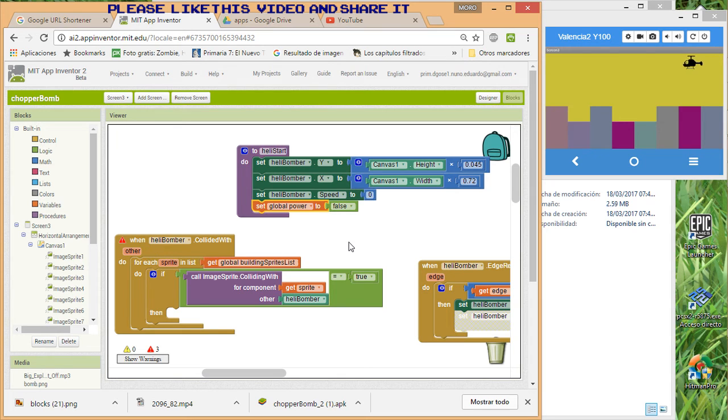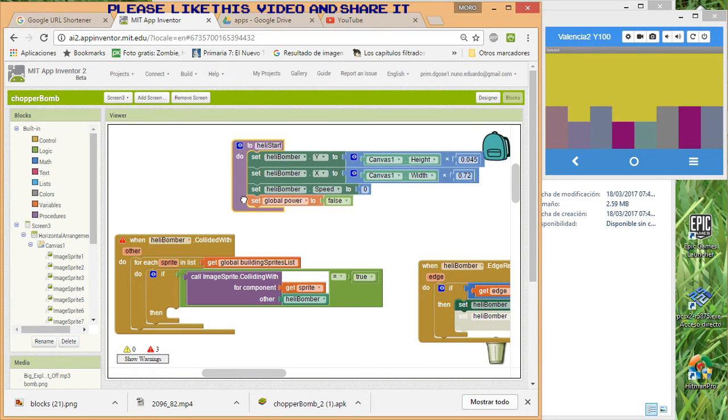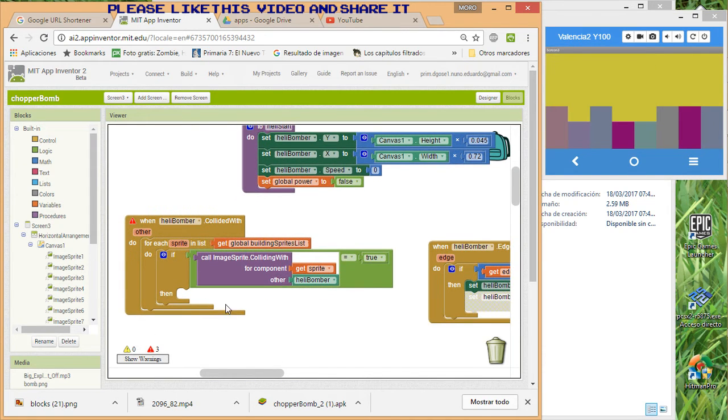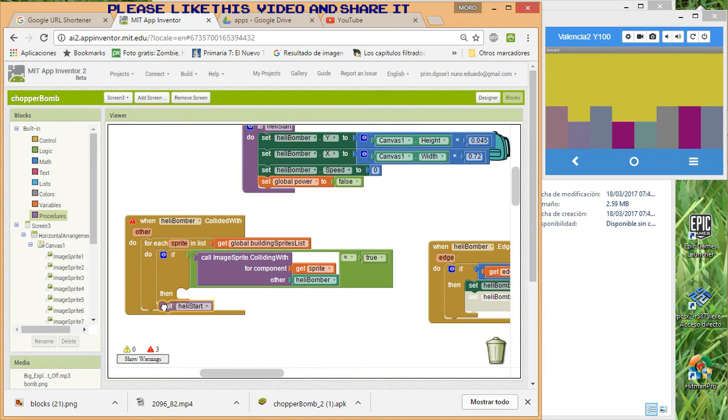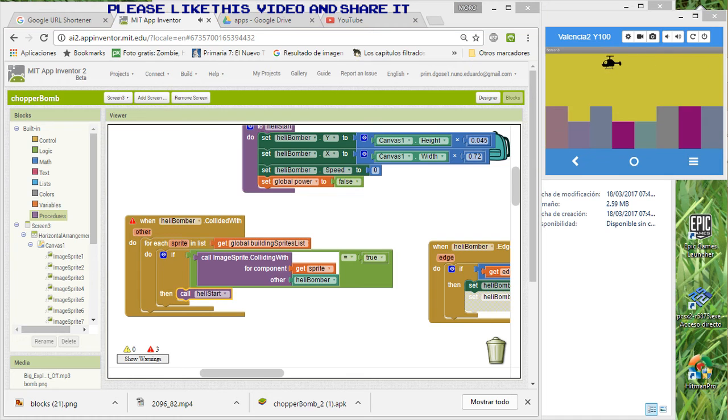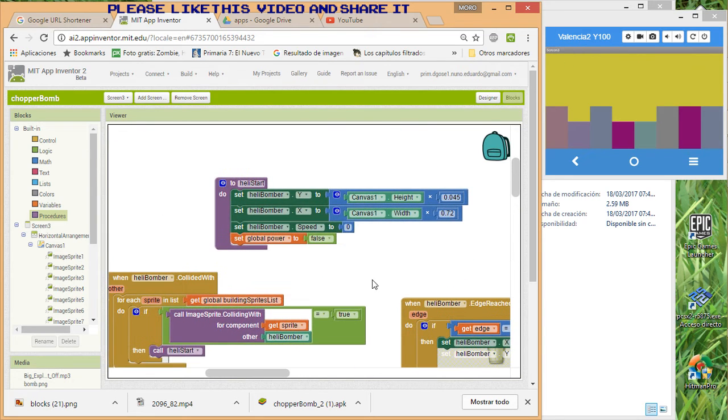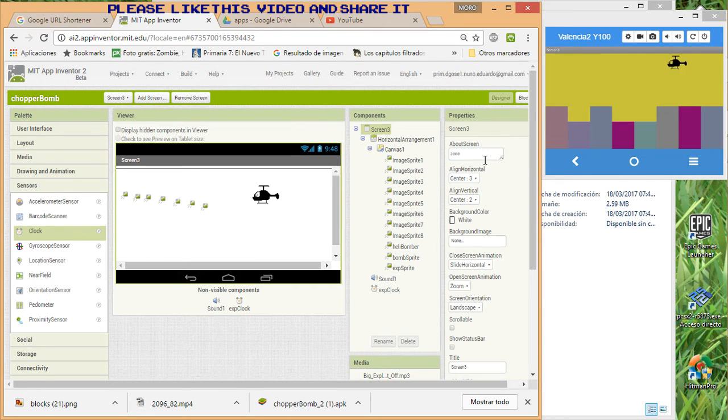Of course there is something in here that we need to add. So we're going to call this procedure here, heli start. So we're going to detect if we have this collision. But now when we have this collision, we reset everything. I guess that's okay. And so let's see what happens. So you know what, let's refresh the screen because we created some things. So I refresh the screen,